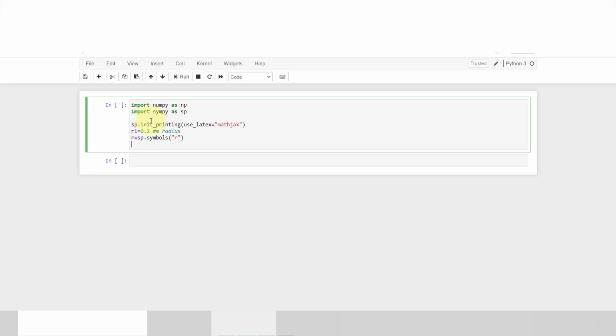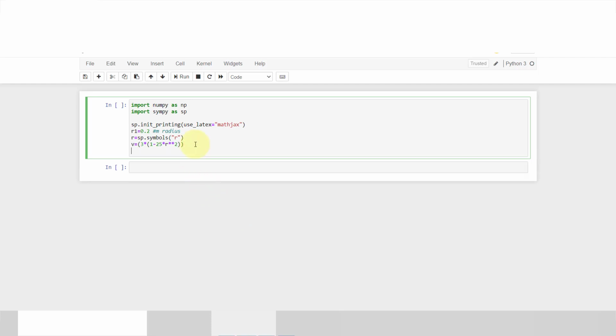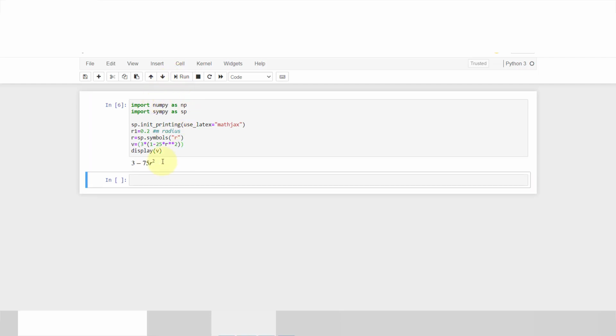Now V is equal to 3 multiplied by 1 minus 25 multiplied by r squared. If you want to display this function, display V, and if you run this code, it shows it with very good visualization.